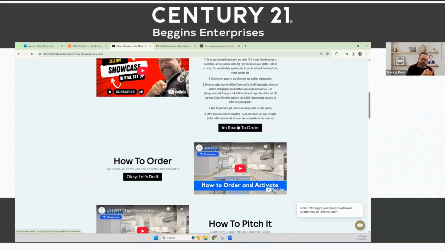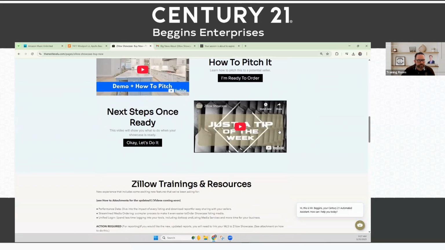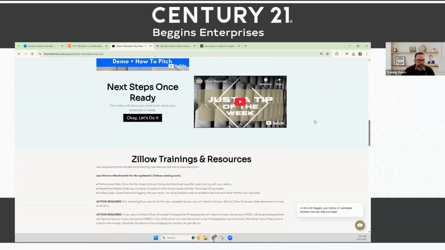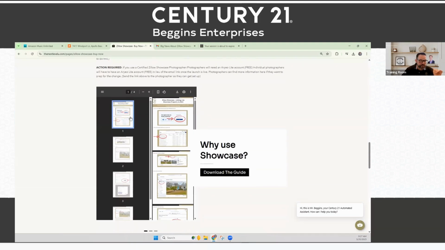You have 2 options, pay now or pay at closing. If you pay at closing, you're going to typically pay a higher price because the price is going to be based on Zillow pricing if you're doing paid at closing. This walks you through how to order it, how to pitch it, and next steps once you're actually done. Here's a list of some of the resources that you have available. Here's that PDF